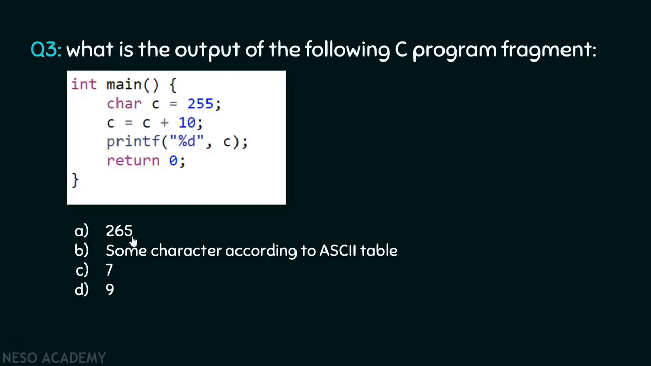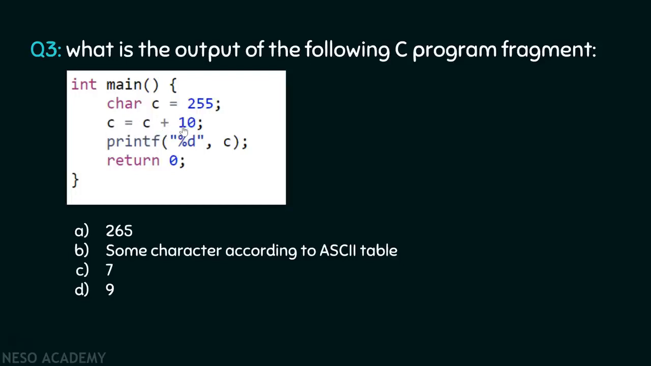Is it 265? Is it some character according to the ASCII table? Is it 7 or is it 9? As we know, this is 255. A character is capable of holding information up to 1 byte only, which equals 8 bits. 8 bits means the maximum value that it can hold is 255 and cannot be more than that. If we try to exceed the range, like in this case, because we are assigning 265 to the C variable,